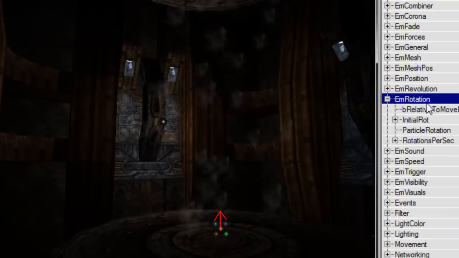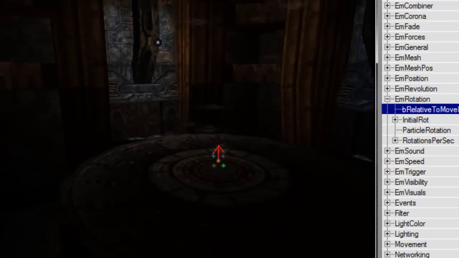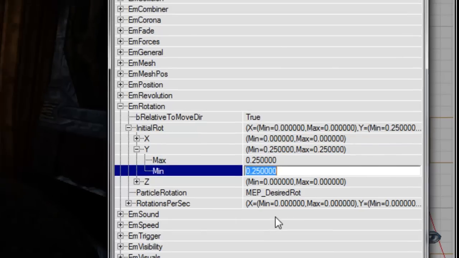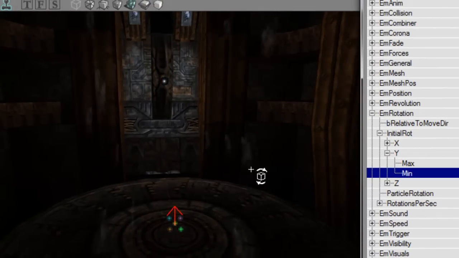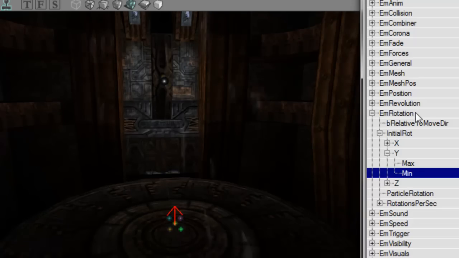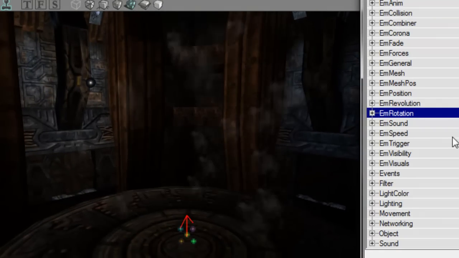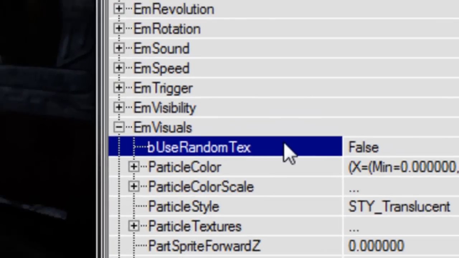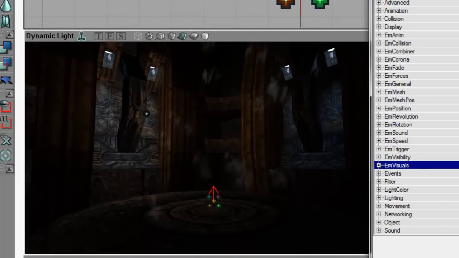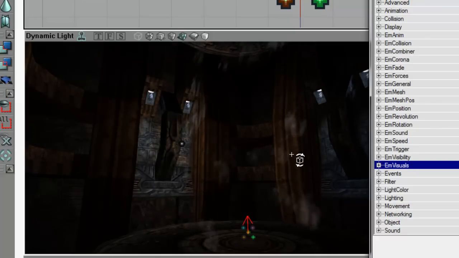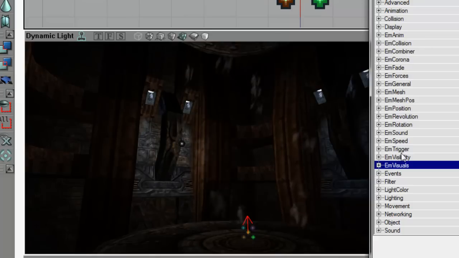Now we're gonna play with rotation relative to move direction. That's not good. They should be rotated outside, more or less like this. Okay, I think it's gonna be okay. I'm not sure. And in visuals, I forgot to check the use random texture. Okay, this is better. Now, revolution is a way to rotate particles around a certain and fixed